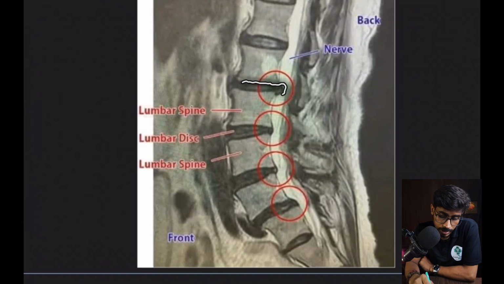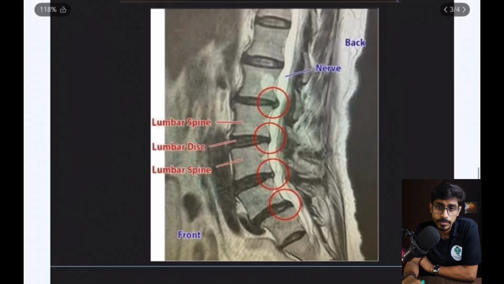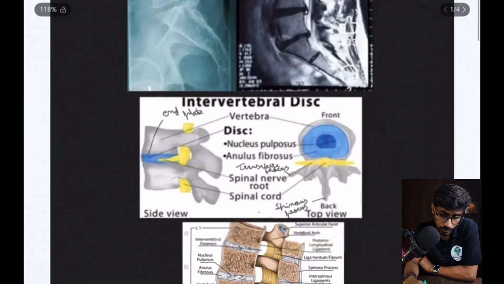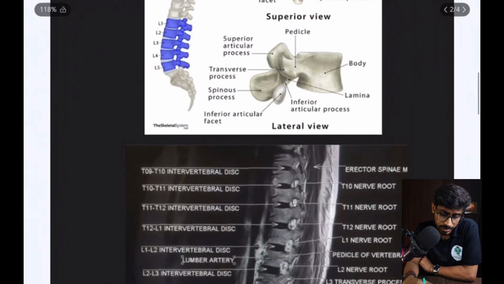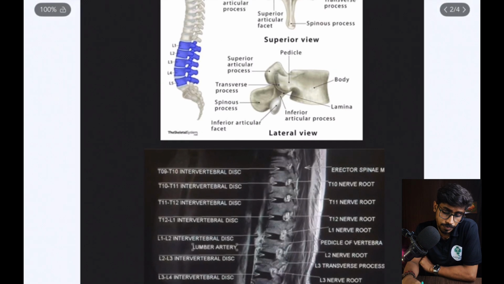In a disc bulge, you can see the disc has come out, but by doing exercise and various other physical activity and proper physiotherapy, a disc bulge can be treated over time. But in disc herniation, the nucleus pulposus also comes out, meaning it gets herniated, and due to that the nerve compression becomes severe. It becomes very difficult for the patient to do daily activities, so it must be taken care of properly. These are all the basic structures that we have to learn, very important for understanding, creating your diagnosis and for your treatment protocol also.